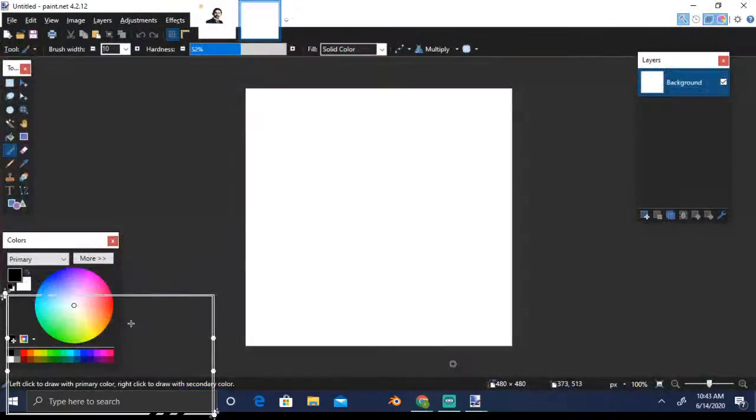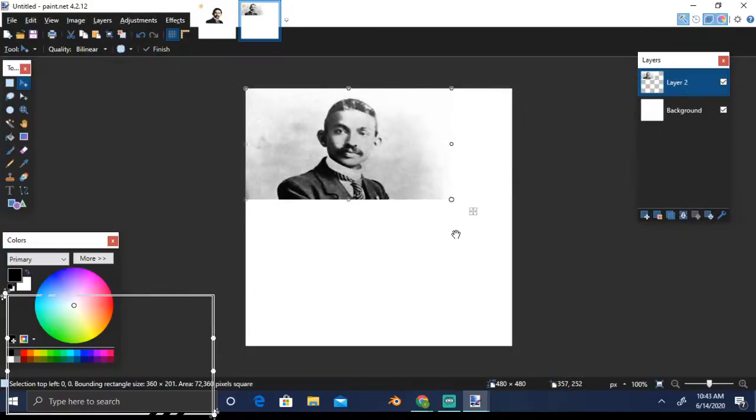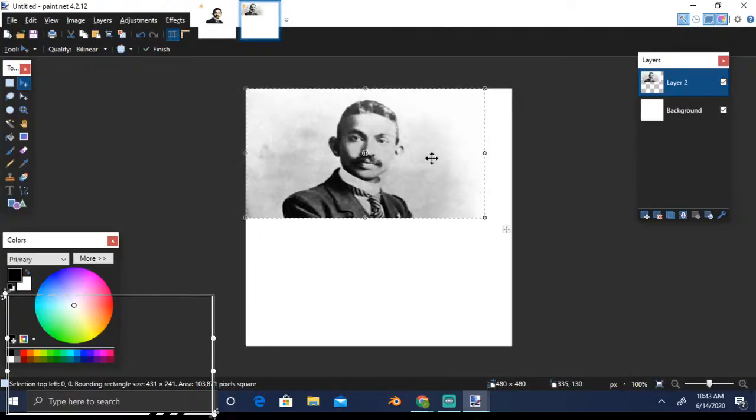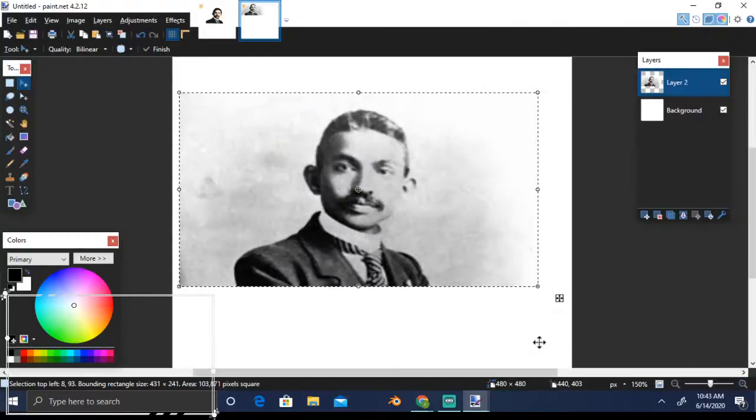Copy image. Bhavar Singh says nice, thanks Bhavar Singh, but I think that was not the very best thing. But let's see if this other technique lets us do a better job. So let me pull it here. Now I have put it on a different layer. Let's zoom in and target the face only this time.